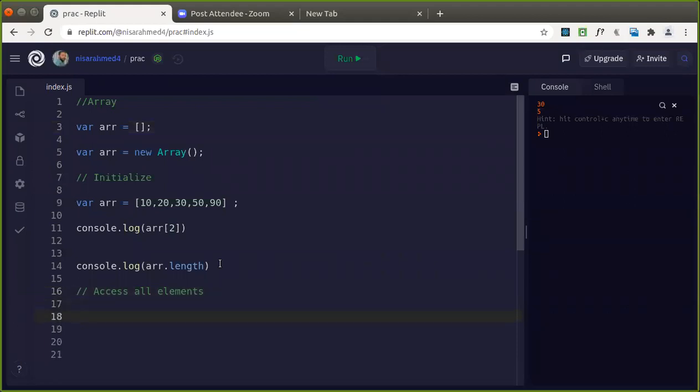So how do we access all the elements? We can use a for loop. So where I'm going to have the index starting from where? 0. So I'm using one variable i to refer to the index of 0. Then it should go up to what? Array length, isn't it? Less than that one. If the array size is 3, it should go to 2. It should stop at index of 2. If the array size is 5, it should stop at the index of 4. Good.